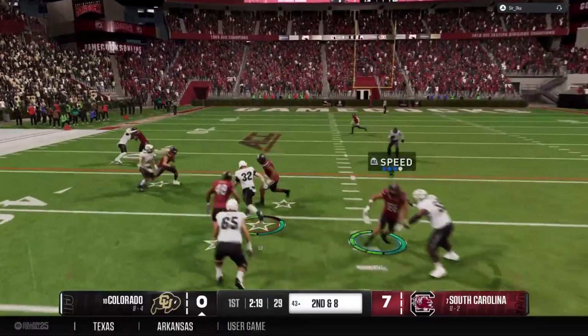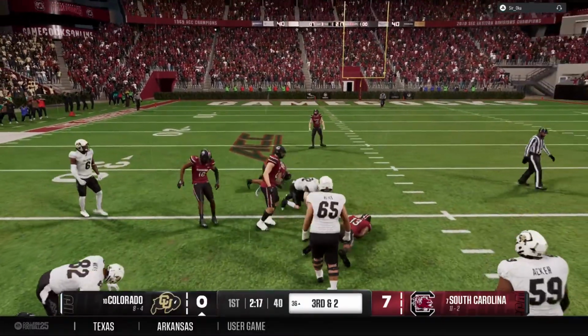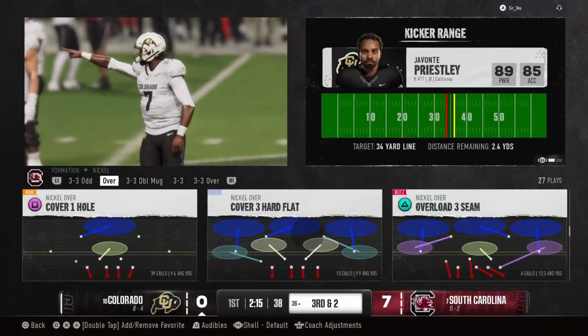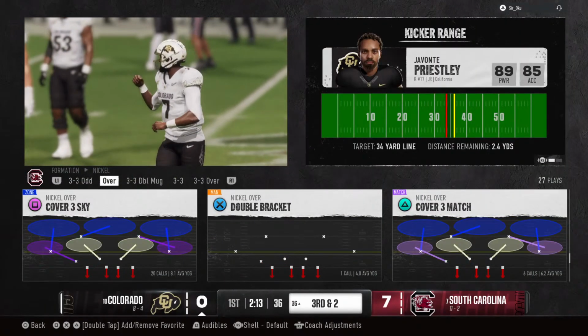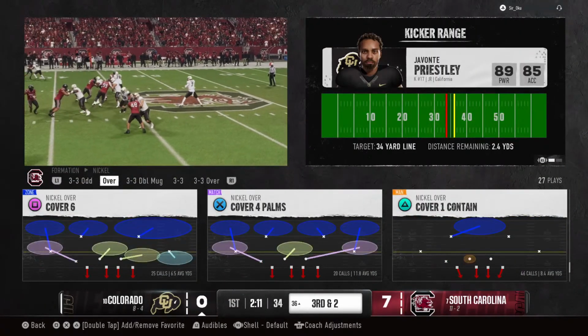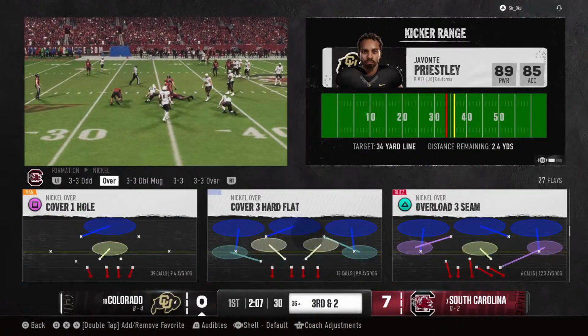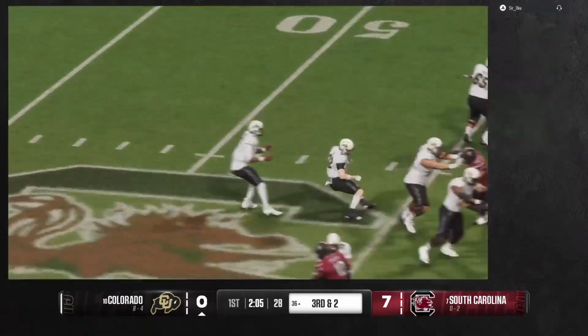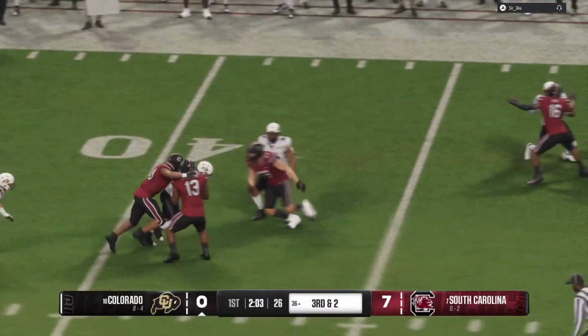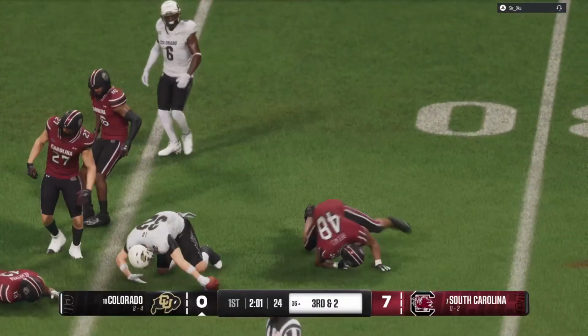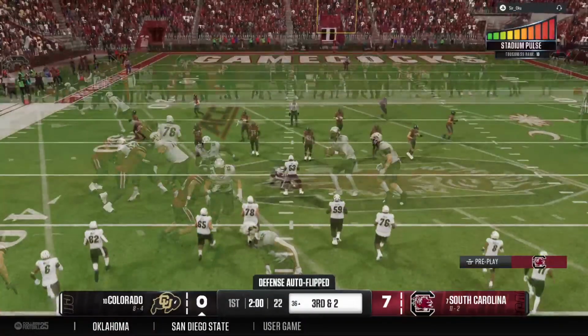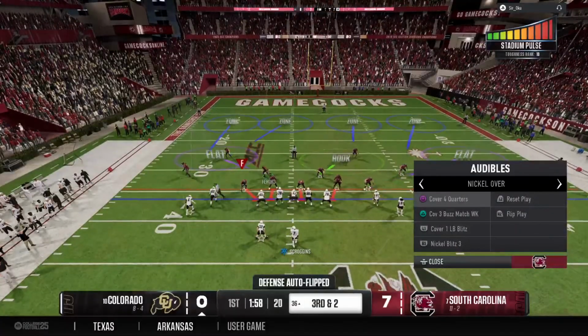Out of the shotgun, he'll hand it off. And they finally stop him, but a decent gain that time. When you can get good chunks of yardage like this on early downs, it just keeps you on schedule, leading to more manageable third down situations. Never underestimate the value of consistently getting 4 more yards a pop like that. Crucial third down play coming up after that run.